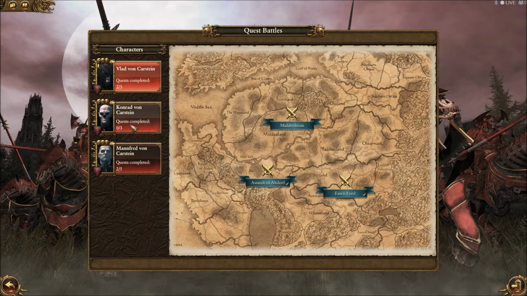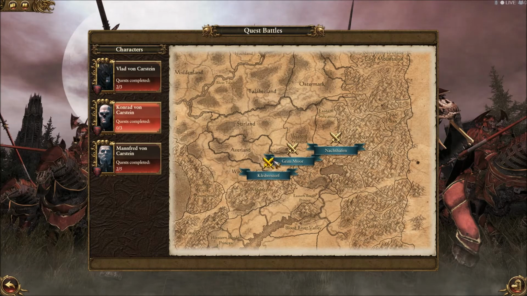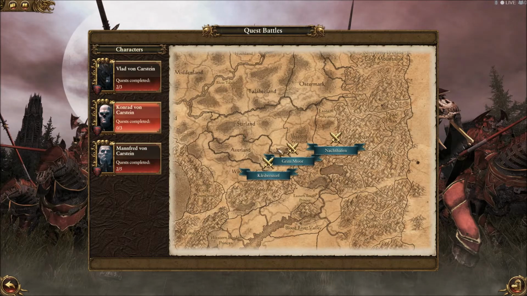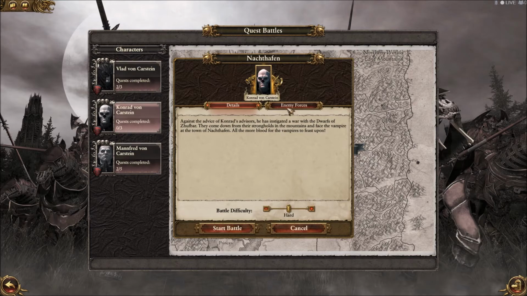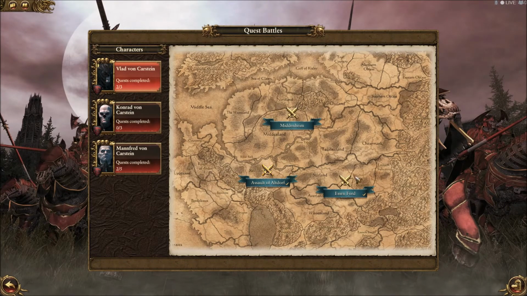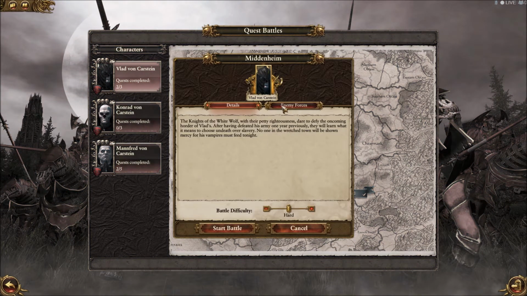So, let's see, what quest battle should we do? I don't know. Grim Moor is probably the hardest one I made. I'll do Knocktoffen just to show you. So, actually no. I'll do Grim Moor. No. I really like all of them. I'll do Middenheim. So this is where Vlad,